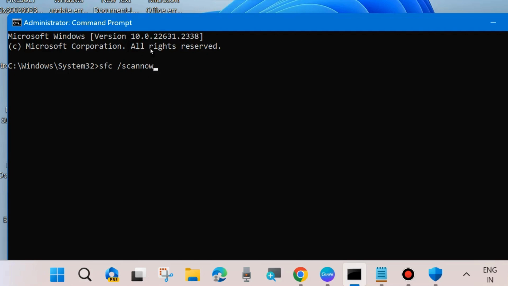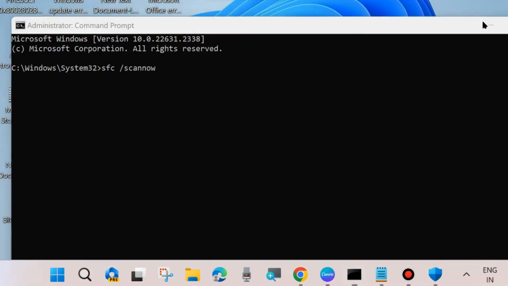It will scan your system for any corrupted files and repair them accordingly. After that, restart your